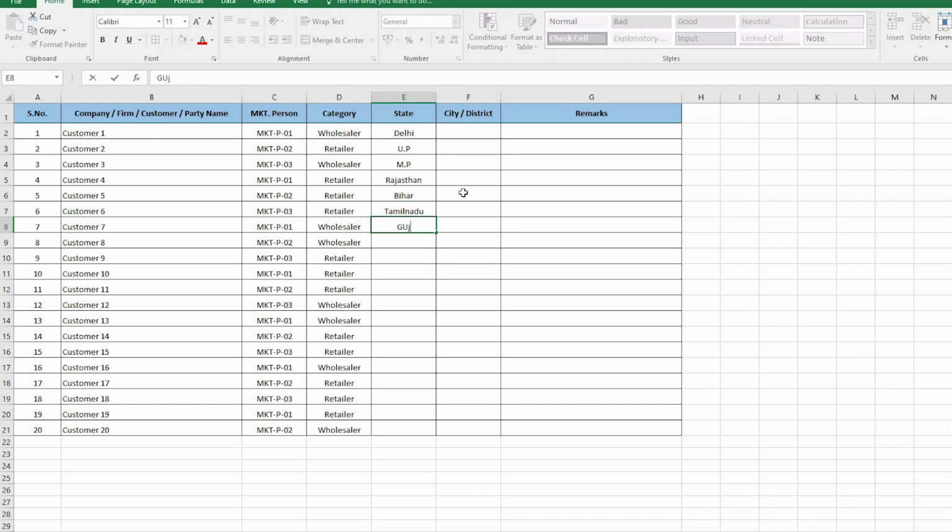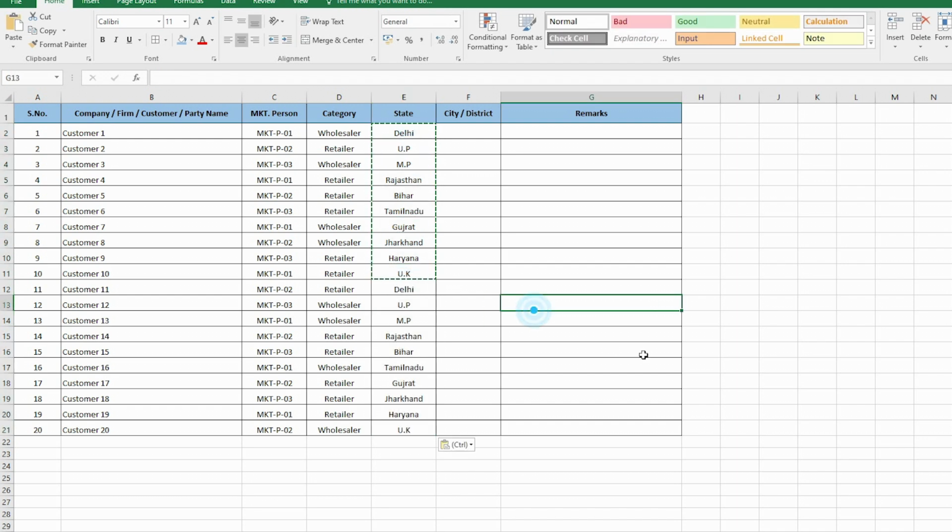After that I will simply copy paste. That's only for the example, so I have written UK here, and then just copy and paste it.